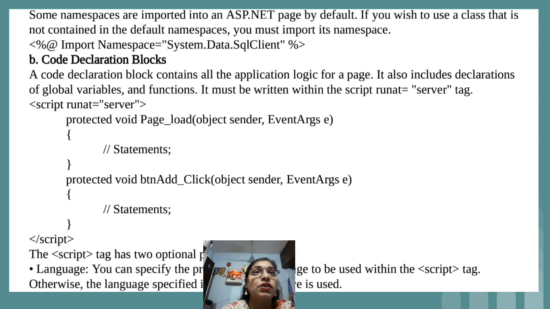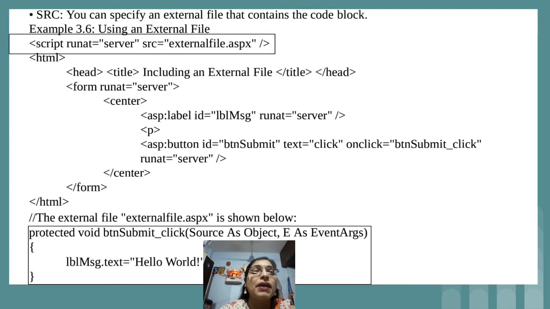And this example is actually the first example which we have seen. In that we have already seen the code declaration block. Within the head tag we write the script tag, and in the script tag we will be having the actual code or actual event on which we want to perform certain actions, as we are not having a .cs file. The second parameter which is available with the script tag, that is src.